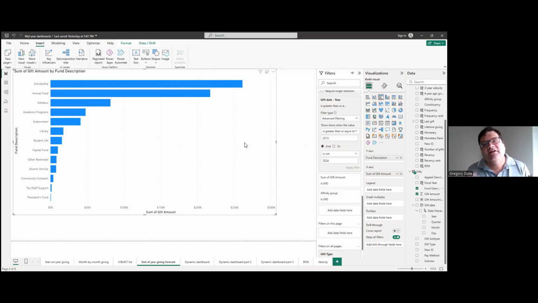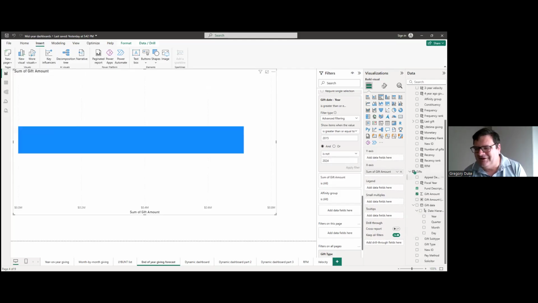By putting different filters into a visualization like this, we can really pull a lot of information about what works and what doesn't work during certain months of the fiscal. We can also look at what appeals. Oh, we already did appeals. So what appeals work? I do have to show you.